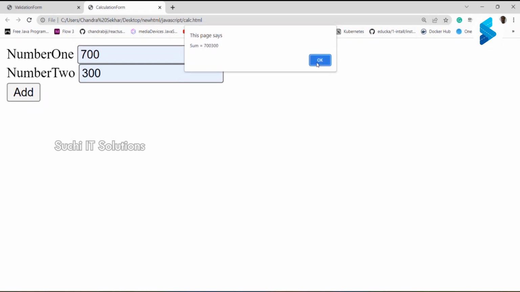700, 300 it is showing, right? What is the value you are expecting? 1000. Why is it showing like this? It is considered as a string concatenation. That is what is happening. That means here